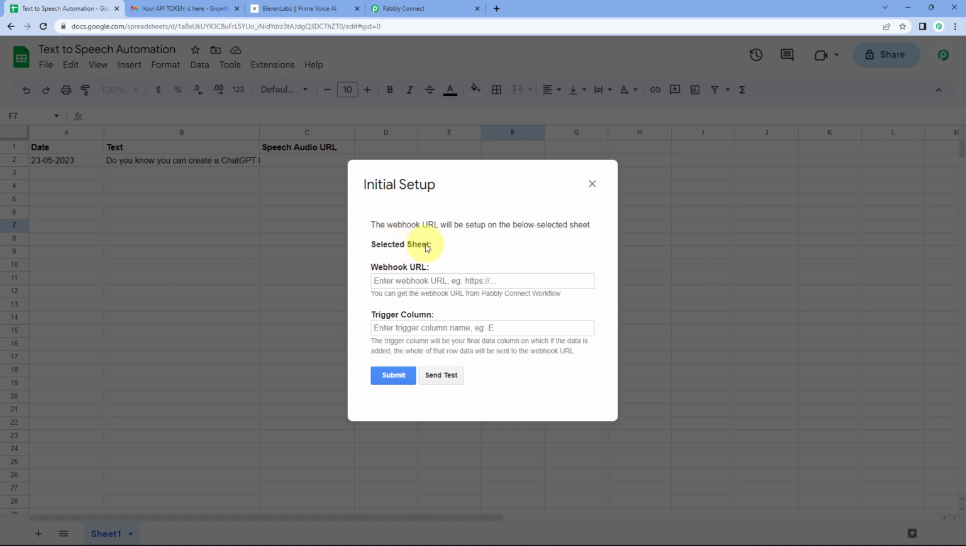First one is the selected sheet, second one is the webhook URL and third one is the trigger column. Now here guys, in selected sheet, it has by default selected sheet as sheet 1 because in my Google Sheet, I have created only one sheet as sheet 1. Just in case, if you have created multiple sheets in your Google spreadsheet, here you just have to select the